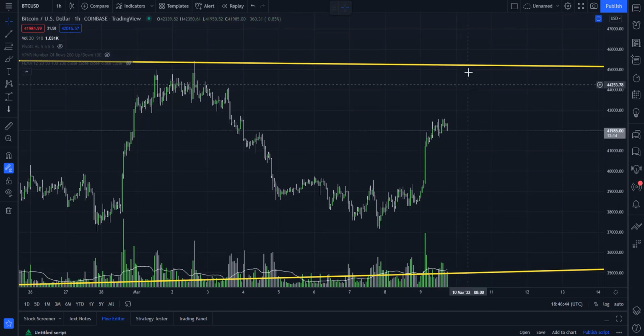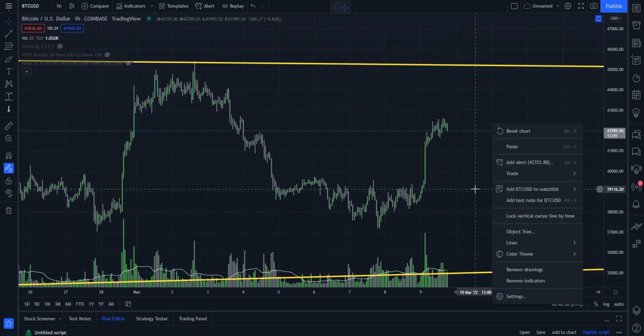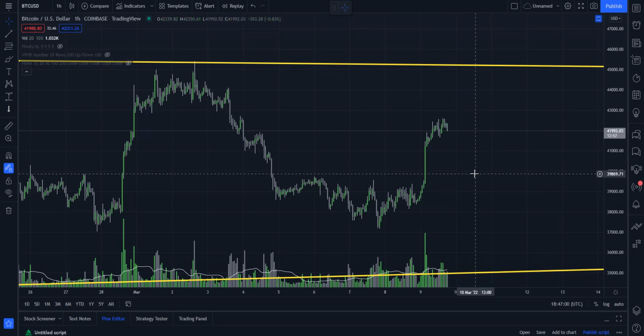But this is also, if we get this move up into here, take a look. That's that $45,000 area where we had a lot of wicks before, where we attempted, and then we failed. So we need a lot of strength going into that, and I think what would be healthy is if we pulled back a little bit more and just really got a trend moving. Pull back into this range. You know, guys, we could even go as low as about $40,000 again and then try to make a move,